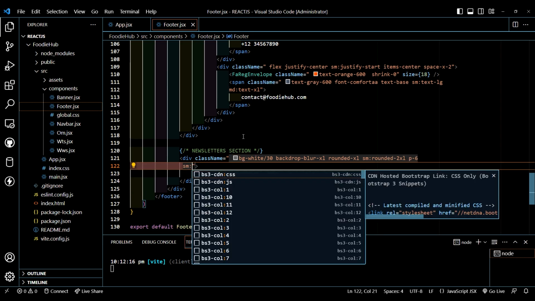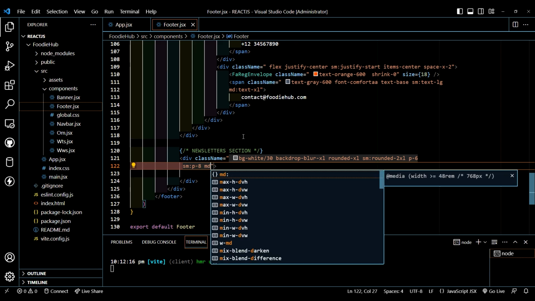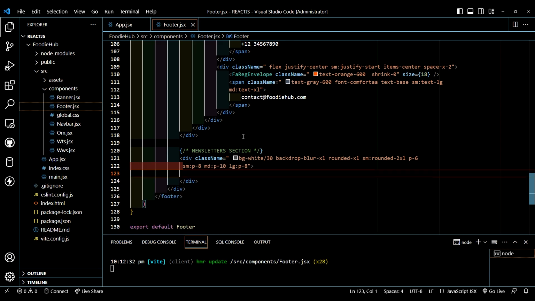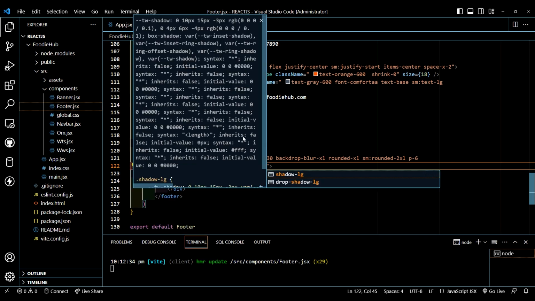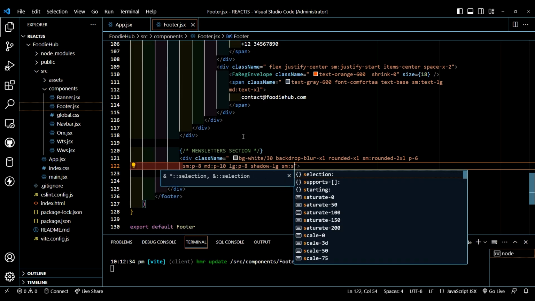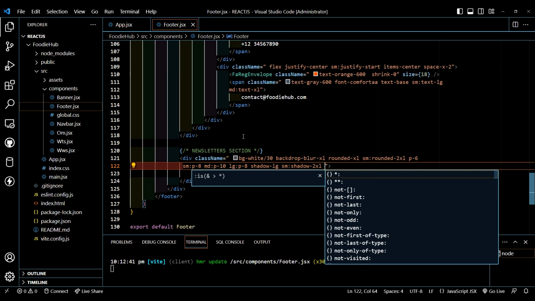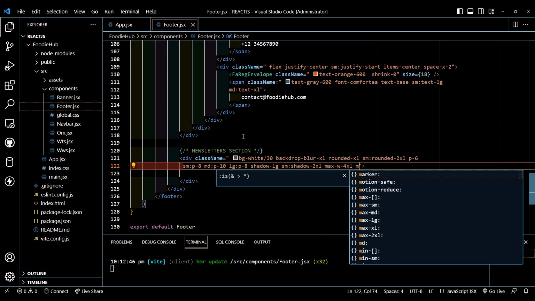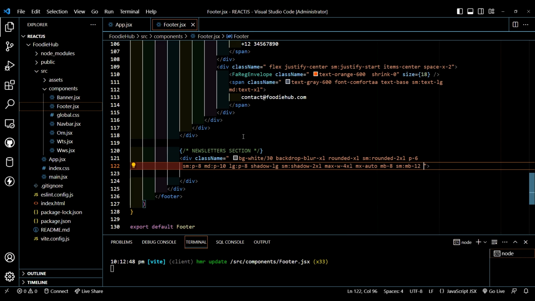Padding will be 6, for smaller screens padding will be 8, for medium screens padding will be 10, and for larger it will be 8. Shadow-lg, for smaller screens shadow-2xl, max-width will be 4xl,